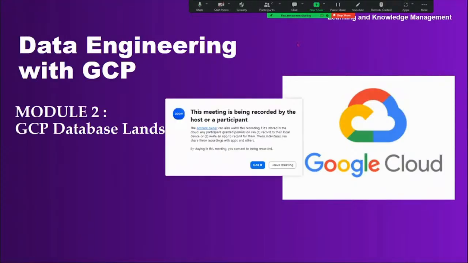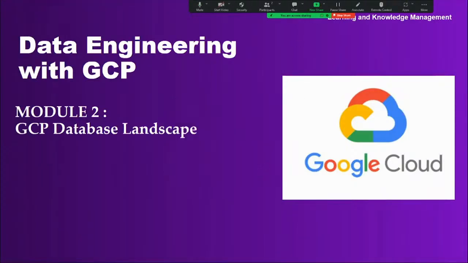Recording in progress. Right? From today onwards, we're going to discuss the very first topic, that is, in GCP, we have a GCP database landscape and big data landscape. So one by one, we are going to start. In the first half, I'm going to explain a few concepts related to the databases, that is, Google Cloud Storage. And after that, we're going to start with